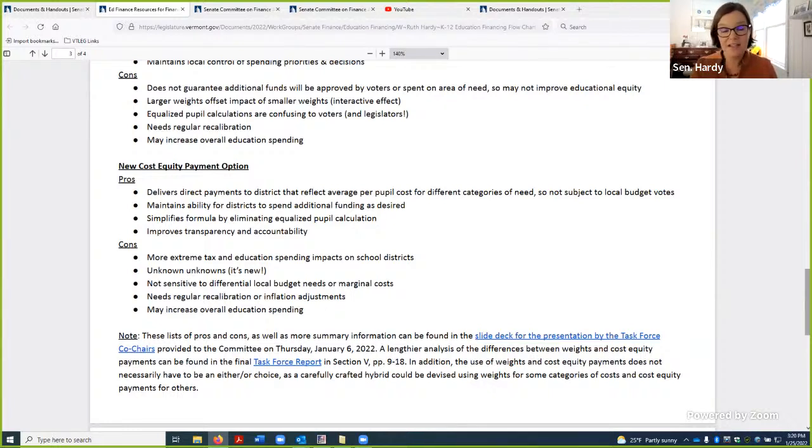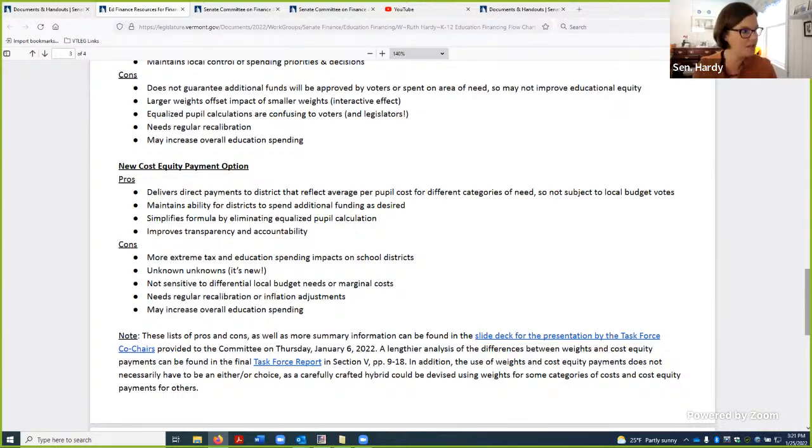The cons are it causes more extreme tax and education spending impacts on school districts. So Senator Cummings' list of winners and losers, they're bigger winners and bigger losers when you do the cost equity payments. The unknown unknowns: it's new, so it would be a new system that everybody would still be getting used to, and we probably wouldn't know the full implications of it until a few years into it. That's true for the weights too, but because it's based on the current system,